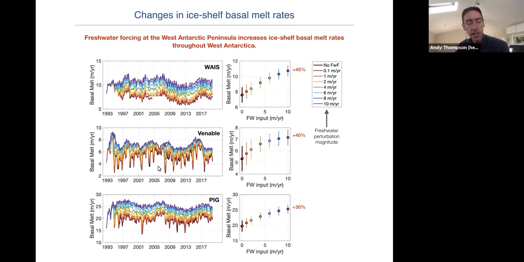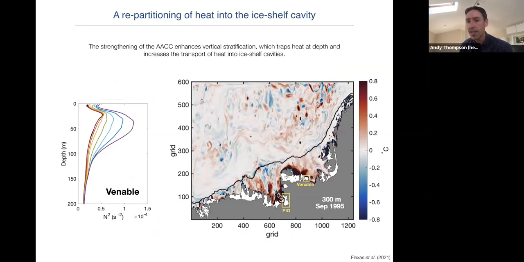And we believe, and are working on this problem, that this has to do with increasing the vertical stratification. We believe that this interannual variability is related to interannual variability in sea ice formation, such that when you form sea ice in certain years, with an enhanced stratification you're no longer ventilating that circumpolar deep water when you have convection in the winter. And so you're essentially stabilizing the water column and not punching down into this warm circumpolar deep water in these strong freshwater perturbation runs. And so this gets to just about my last slide here,